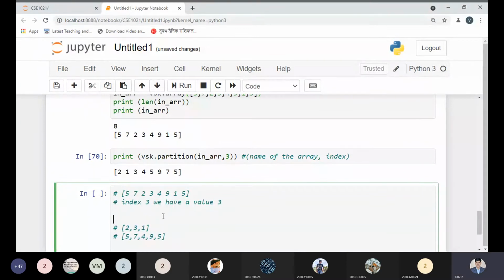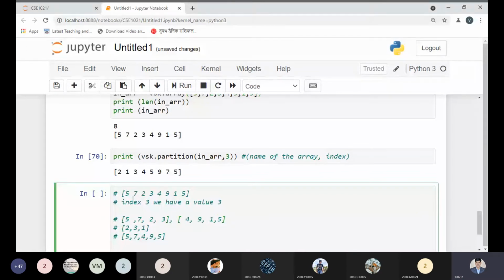Right now I'm just dividing this array into 2 different parts. The values are 5, 7, 2, 2, 3, 4, 9, 1, 1, 5. If I divide this array into 2 different parts, the values would be like this. Now I can write a list of the elements like this.